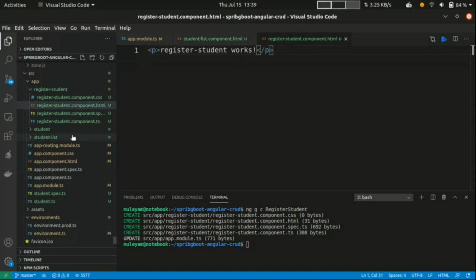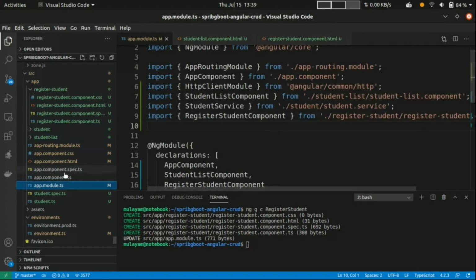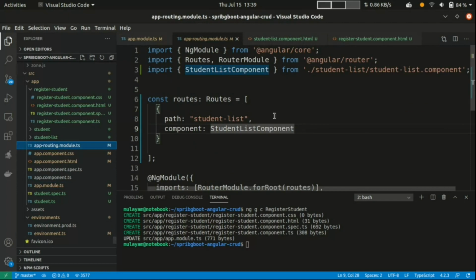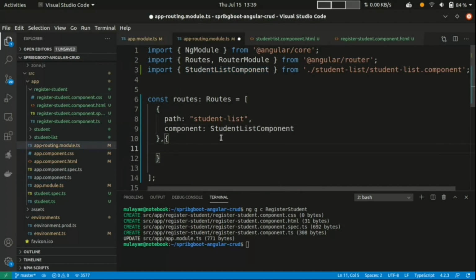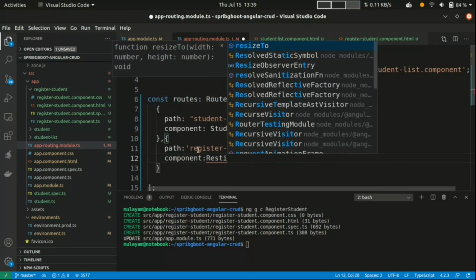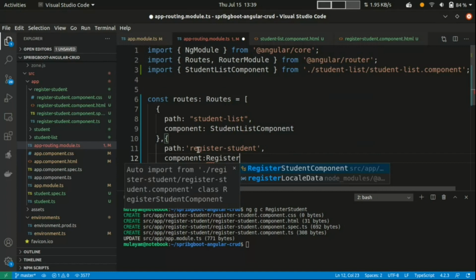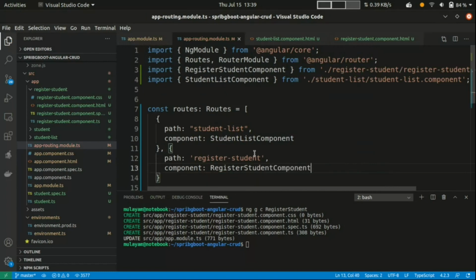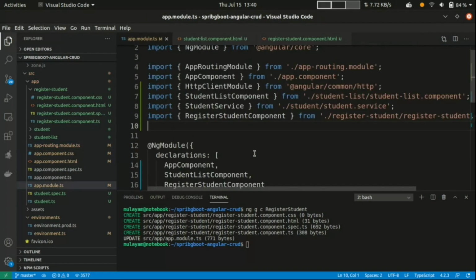Now I need to add one more path in app routing. So add one more object, path register student, and the component is register student component. That's it.